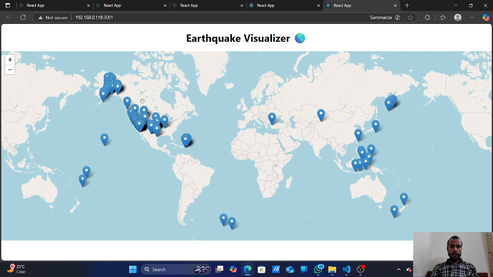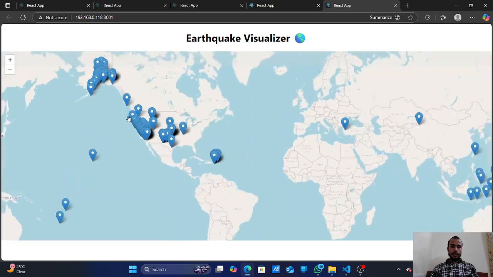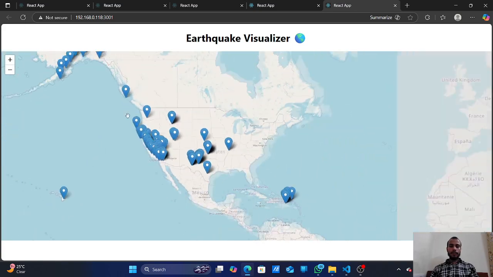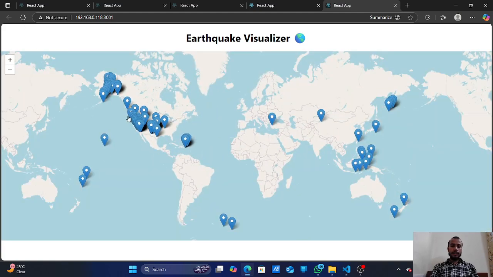Return div. In the MapView component, I use React Leaflet to render an interactive map. I set up the map with the center point at latitude 20 and longitude 0, and a zoom level of 2, which gives the global view. Then I loop through each earthquake in the data and place a marker at its coordinates. The API gives coordinates in the opposite order, so I swap them and mark the position using geometry.coordinates.